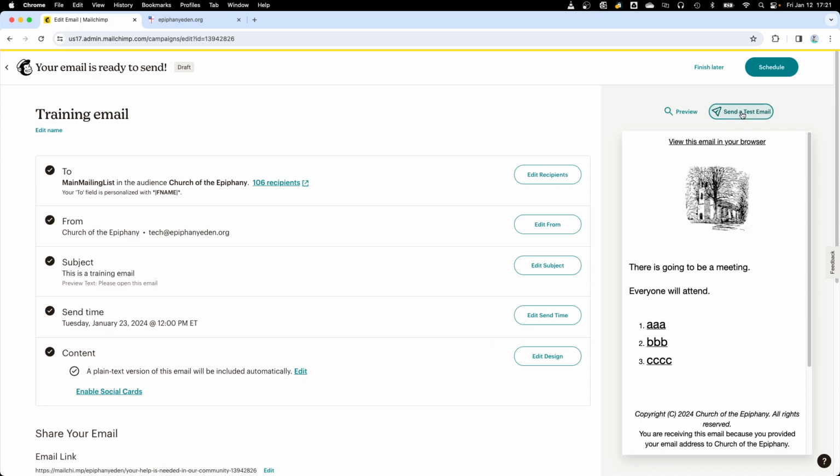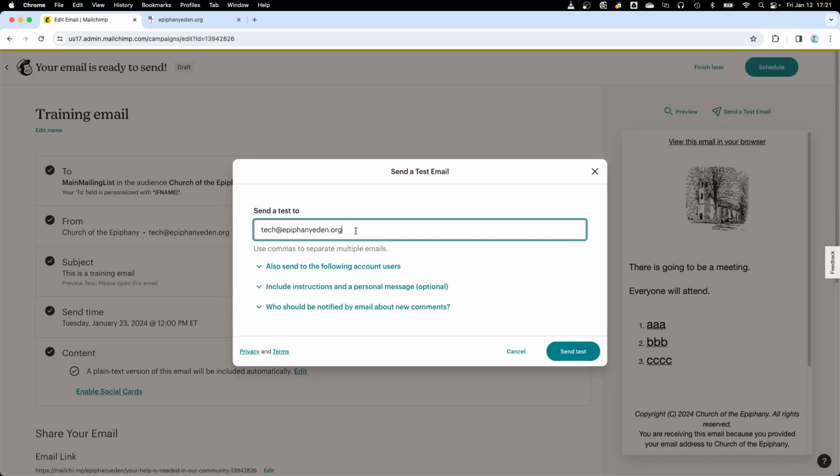If you click on send a test email, it's going to ask you, well, okay, who do you want me to send it to? And you can put in your personal email here. And it's only going to send it to this email. It's going to ignore the to list, the main mailing list. It's going to ignore that and only send it to the email that you put in here. So you just put in your email address and hit send test,